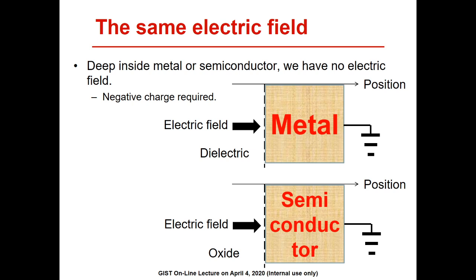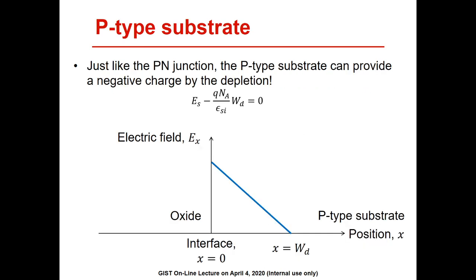As discussed in part 1, the metal has many free electrons. Therefore, within a short distance, redistribution of free electrons can provide a negative charge. Then, how about the MOS structure? Do we have electrons in the p-type substrate? Of course not. Therefore, just like the p-n junction, the p-type substrate can provide a negative charge only by the